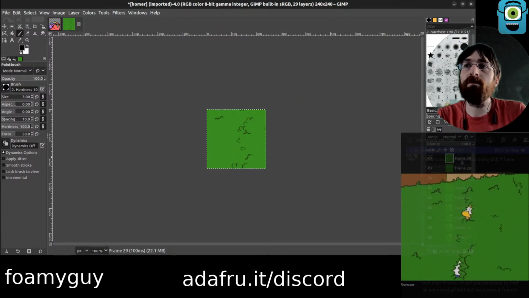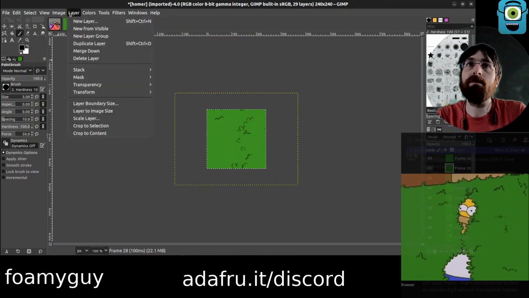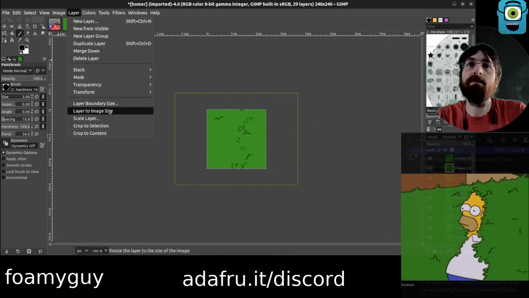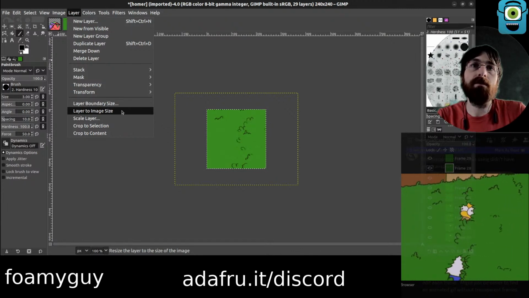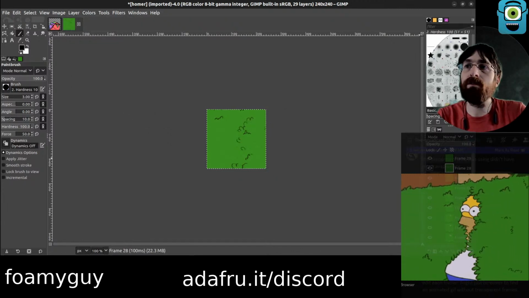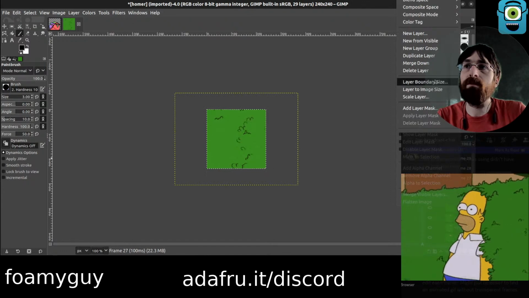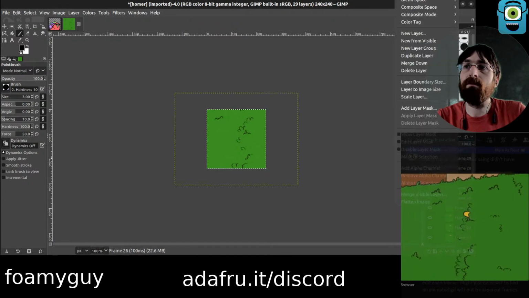Can't do multiple frames at once. There's no alt. I don't know if this is necessary.